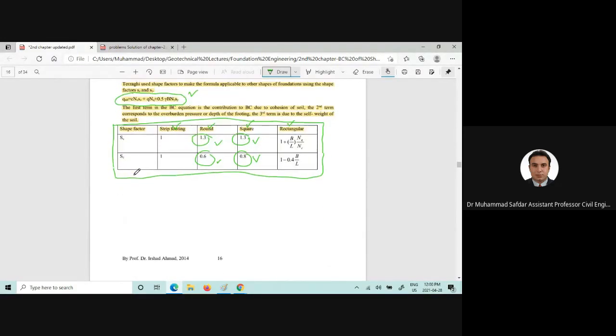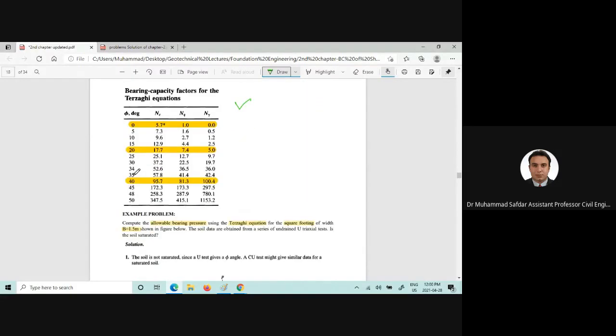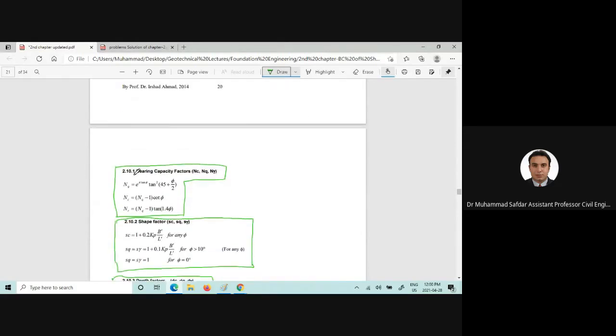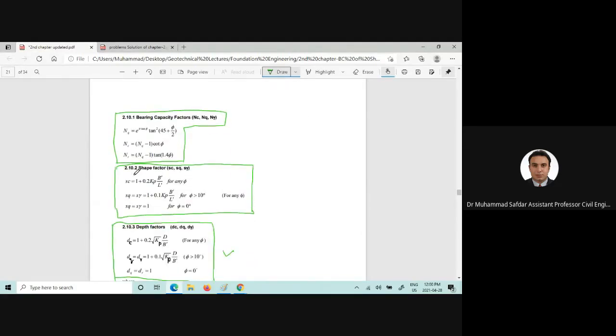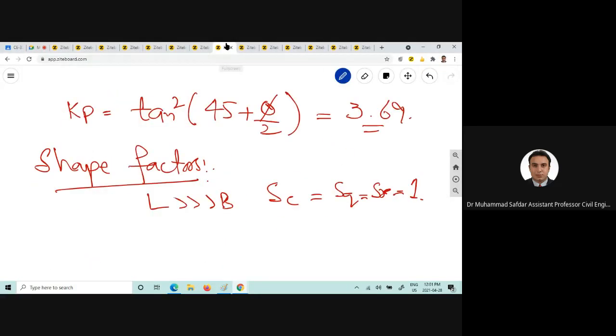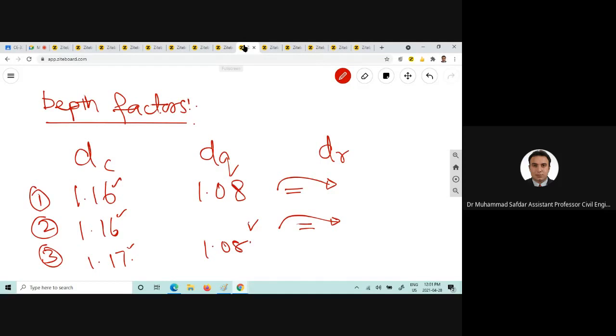ले रहे हैं, यहाँ पे भी है, और अगर हम मेयर-हॉफ इक्वेशन इस्तेमाल करना चाहते हैं तो यहाँ पे भी हमारे पास शेप फैक्टर्स मौजूद है। ठीक है, यहाँ से भी SQ, S गैमा और SC हम निकाल सकते हैं। अच्छा, फिर हम आते हैं यहाँ पे, शेप फैक्टर्स हमारे हो गए थे। डेप्थ फैक्टर्स 1.16, 1.08 और 1.08 आप DQB